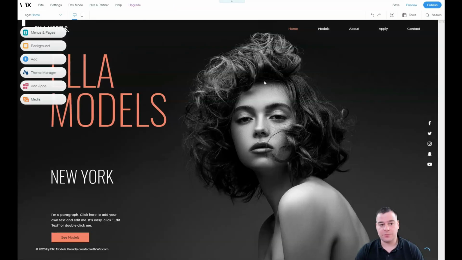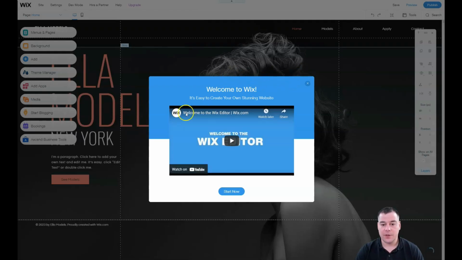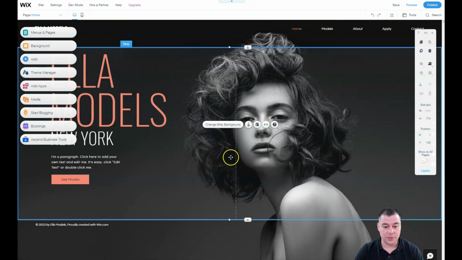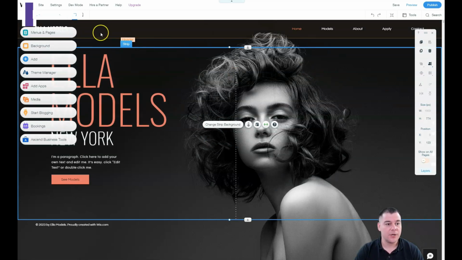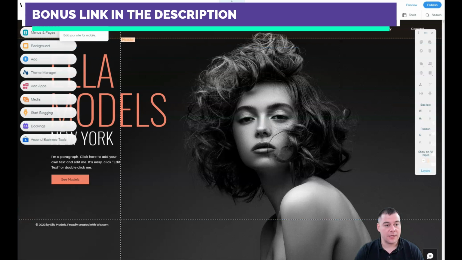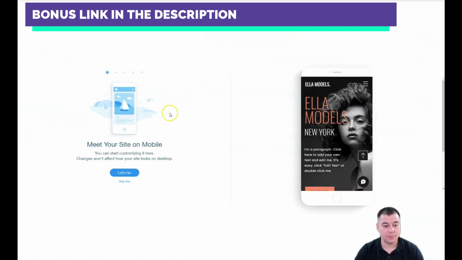Actually, everything is built with blocks, with sections. Of course, you can watch this video here, but in general, I'll show you what's happening here, because you see this is a simple template. And let's switch to mobile. That's the spot where you can see how your website will be displayed on